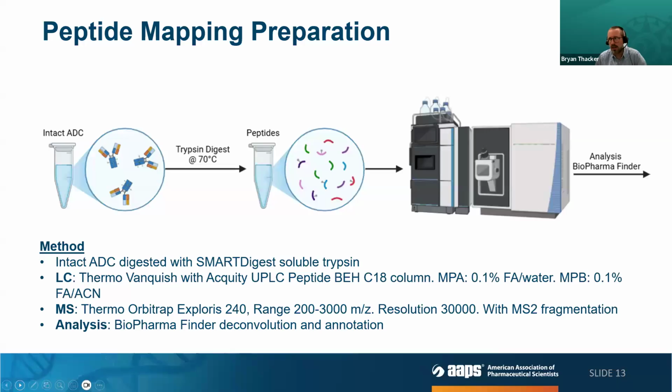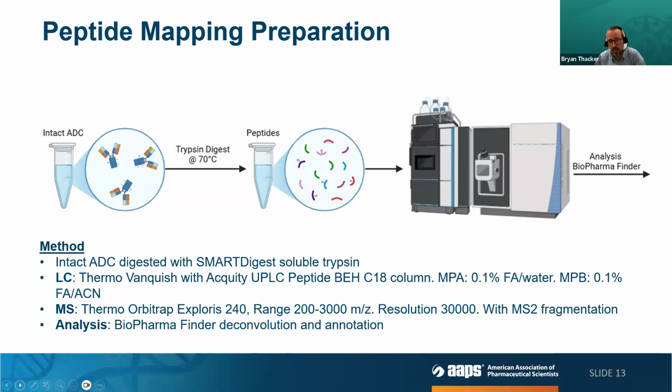Okay, so we've looked at the ADC from an intact mass and a subunit perspective. We can get greater resolution down to the amino acid level by using a peptide mapping method. And I'm just showing the workflow here very briefly. The approach here is to take the intact ADC, trypsin digest it, so you reduce its complexity down to its component tryptic peptides. And some of those peptides will be carrying the drug conjugate still. Those peptides can be analyzed in the LCMS. And again,